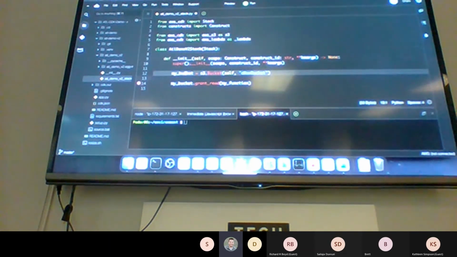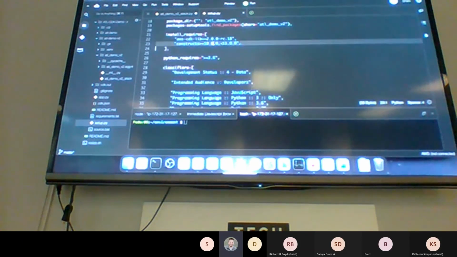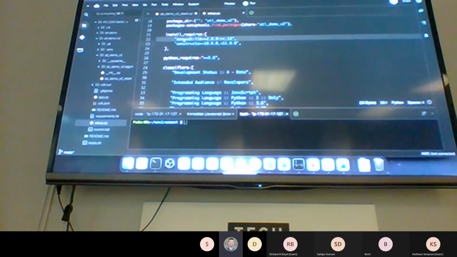And here we see that we still have to import AWS Lambda and AWS S3. But if we go to our PY file, we see that we only had to pull in the CDK library. We didn't have to pull in separate dependencies for S3, Lambda, API Gateway, IAM, all these other things we would use. In this example we only have one or two things, so it doesn't really make much sense. But if you get into a big, quote unquote, real application, you will see savings in not having to manage all those dependencies.